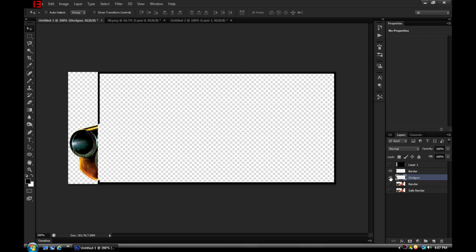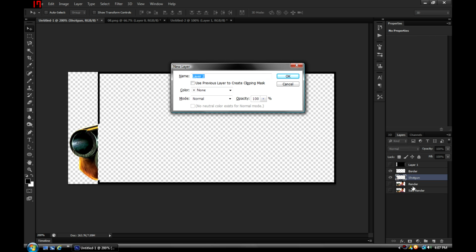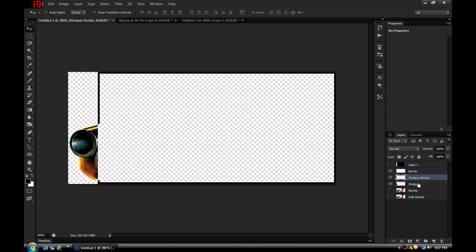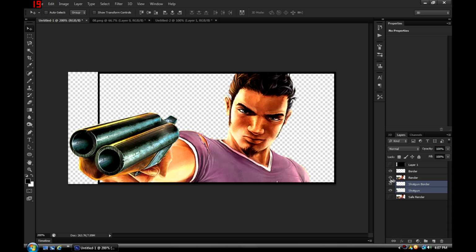And that's good, because now what I can do is I can hit Control Shift N to make a new layer. I'm going to name it shotgun border. And I'm going to drag shotgun and shotgun border below the render, unhide the render, select just the shotgun border layer, hit Control click inside the shotgun layer there,